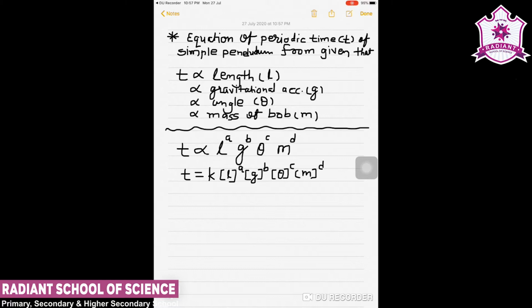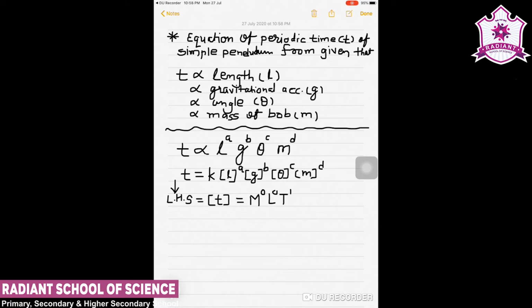Here we have the value for the left hand side. We can say that LHS is T. T has a dimension of time only, so it is M0, L0 and T0... so now it is very clear that mass has 0 power in the left hand side, length has a 0 power in the left hand side, and time has power 1 because we are going to derive it. So M0, L0 and T to the power 1.